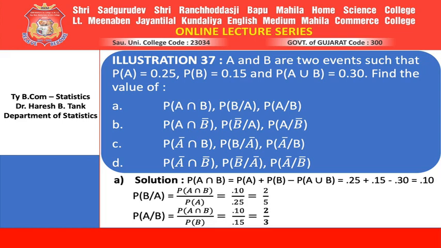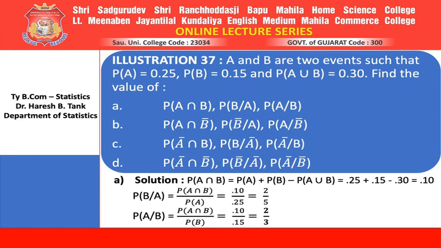So probability of A intersection of B is nothing but probability of A plus probability of B minus probability of A union B. By putting it in a simplified form, we will get 0.10. Now all four elements are with us, right? Now the second part of A, probability of B where A already occurred. This one can be put as intersection of after and before slash, whatever may be the event. We have to put it in an intersectional form. So probability of A intersection of B divided by whatever is after the slash. After the slash it is A, so divided by probability of A.